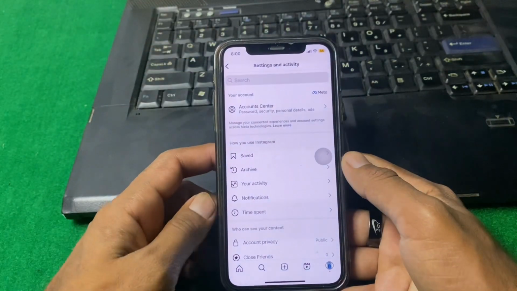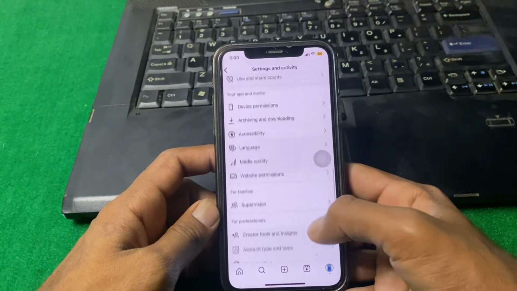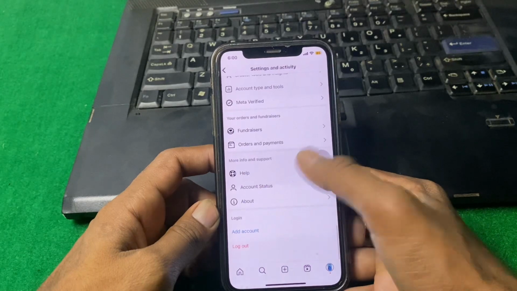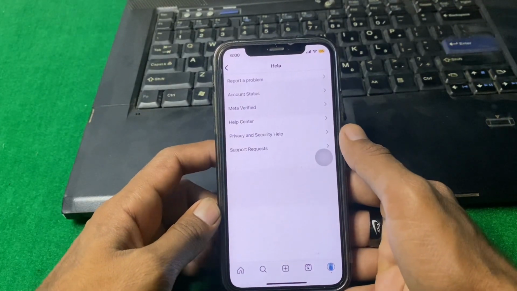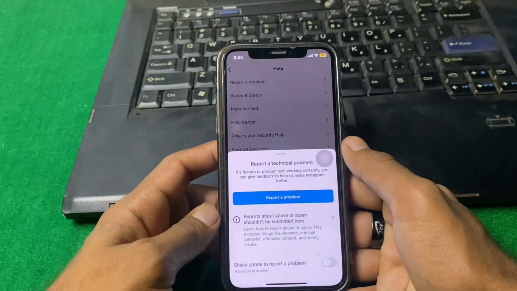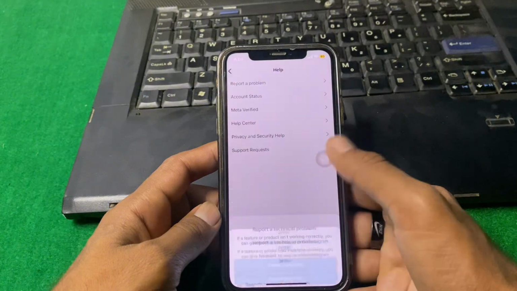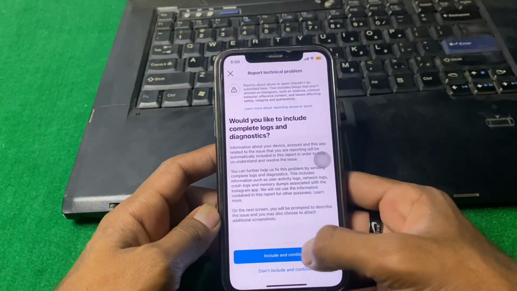tap on profile, tap on your three lines, and after that guys, scroll down below, then here you can see guys, help. Tap on this, and after that guys, simply tap on report a problem. Tap here and tap on report a problem, and after that guys, you have to simply tap on here